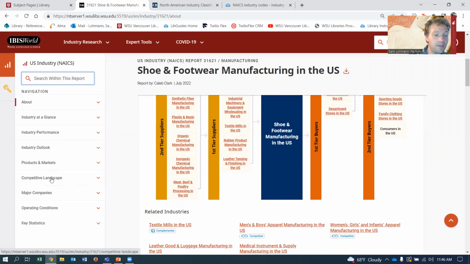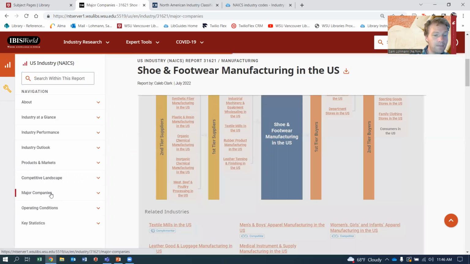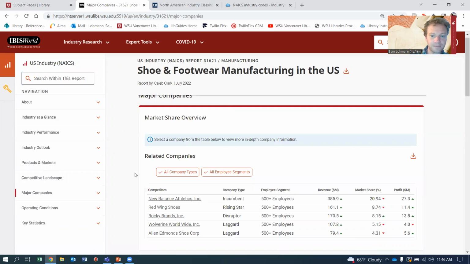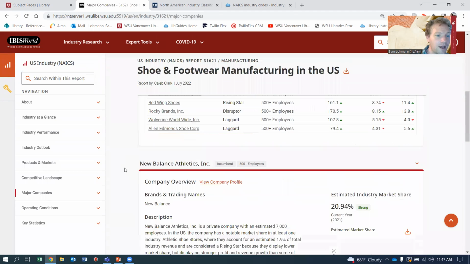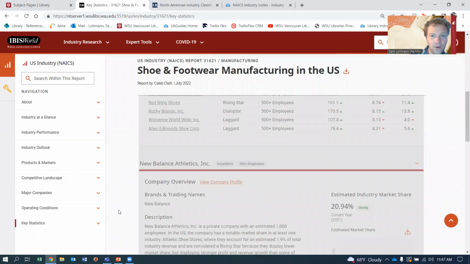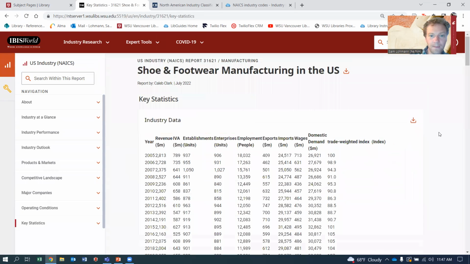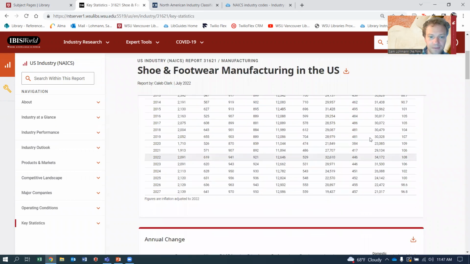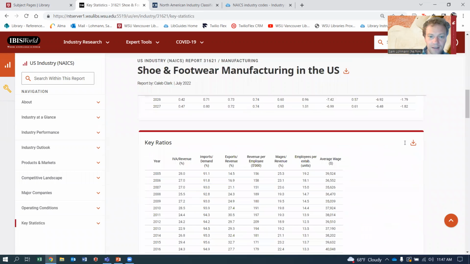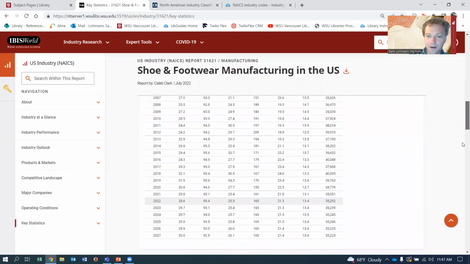But you can go to the competitive landscape. You can look at major companies in the industry. So this shows some of the top companies in the US for shoe manufacturing. You can see products and markets, very important for marketing research. And then the key statistics are helpful if you want financial benchmarks. You can see that kind of thing and ratios here.